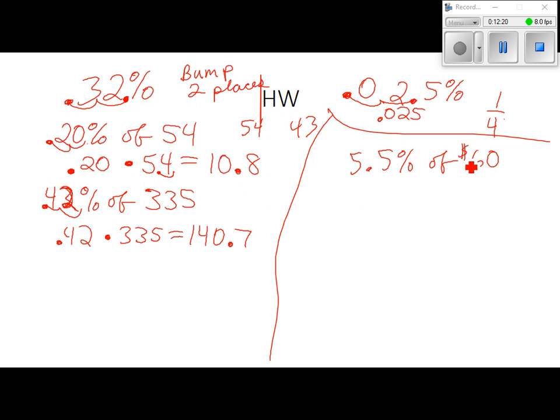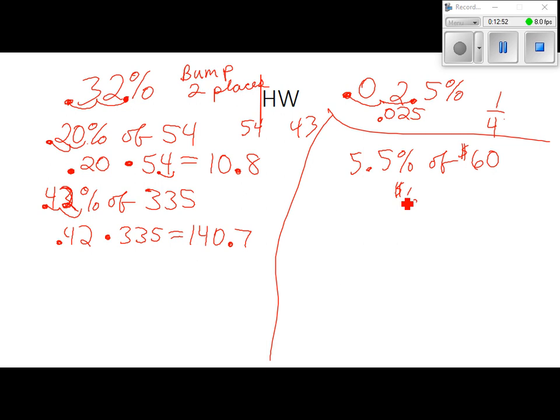Now, if I'm doing this, 5.5% of $60. 5.5%, that's less than 10%. What would 10% of $60 be? $6. So if it was 10%, it'd be $6. Well, 5.5%, again, if I'm just getting something in my head, not getting an exact answer here, if I'm not going to carry a calculator around with me, not getting an exact answer,